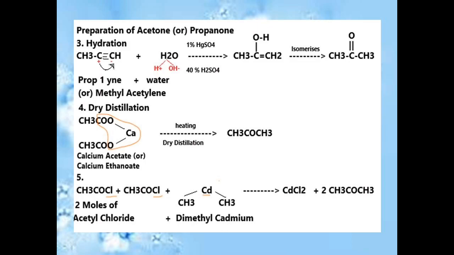The next thing, 2 moles of acetyl chloride is added with dimethyl cadmium. See, the cadmium is added with 2 methyl groups, so it is called dimethyl cadmium. I indicated the orange color, that orange color alone we have to remove. So one acetyl chloride gives one chlorine, another acetyl chloride gives another chlorine, and with cadmium, we get cadmium chloride. Remaining things you have to add. Then one acetyl chloride, what remaining things are we having? CH3CO, that is added with one methyl. Then another acetyl chloride, what are we having? CH3CO, that is added with another methyl of dimethyl cadmium, so that we get 2 moles of acetone.